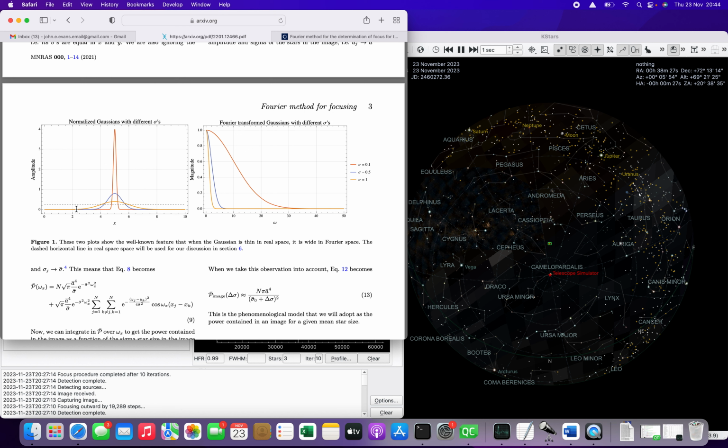And a broader Gaussian in, let's call it picture space, which is this yellow curve here, transforms into a very sharp Gaussian in Fourier space. This is part of a broader theory called the uncertainty principle,